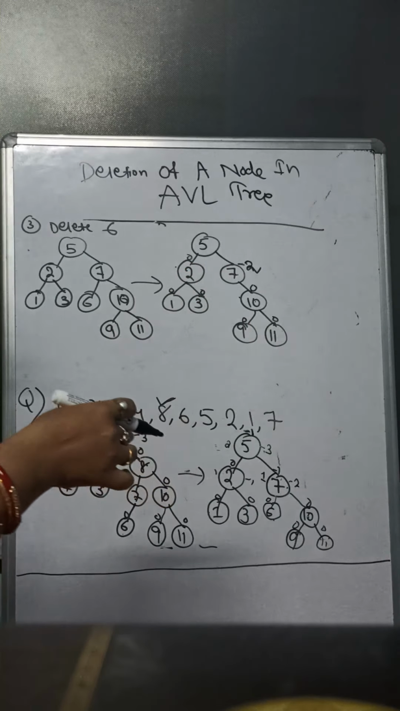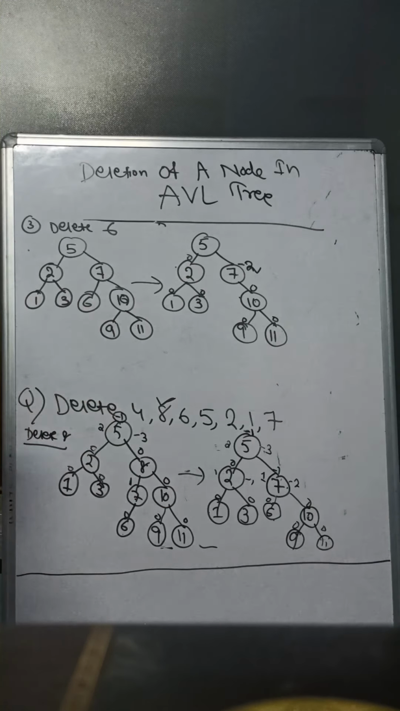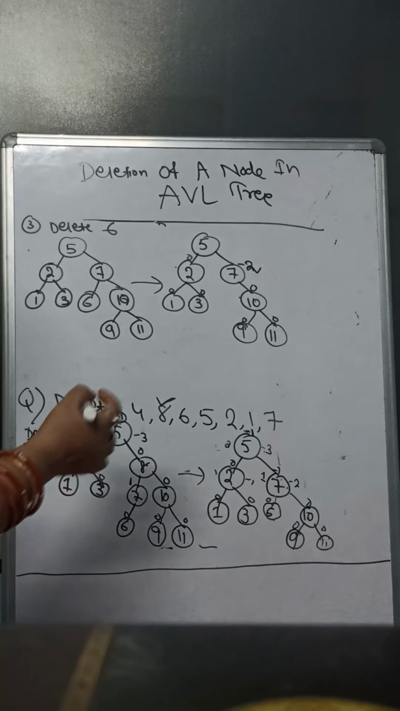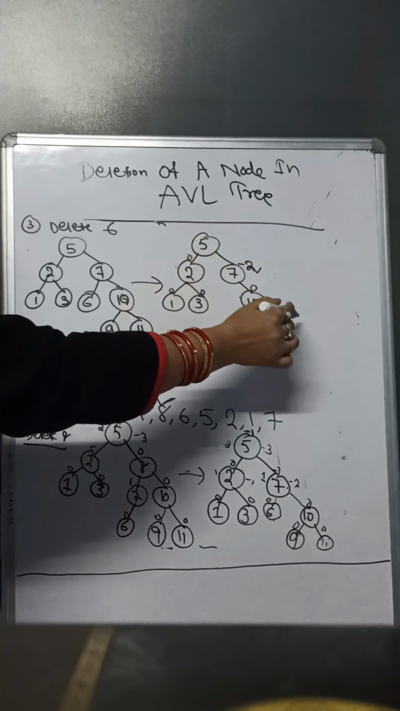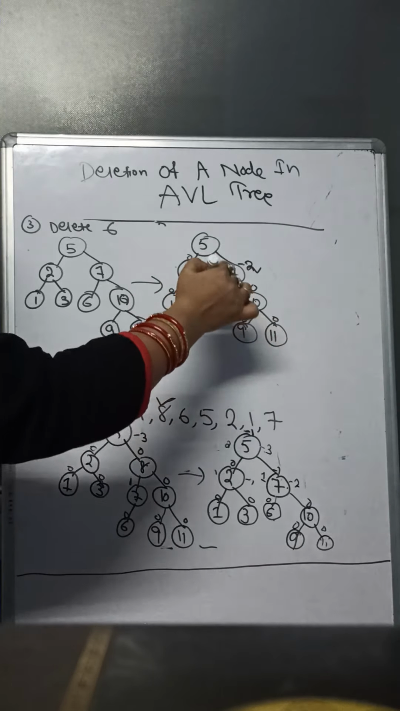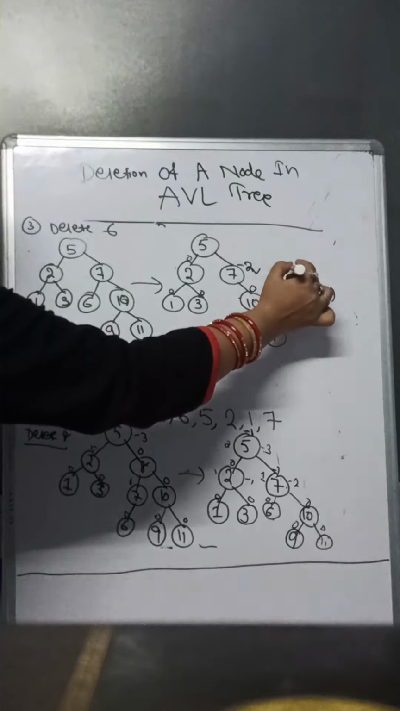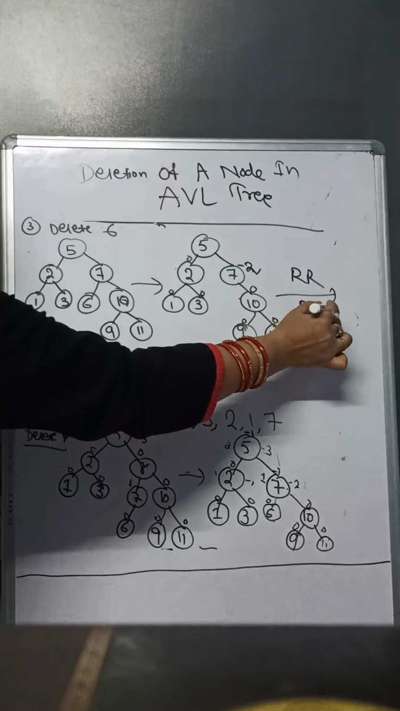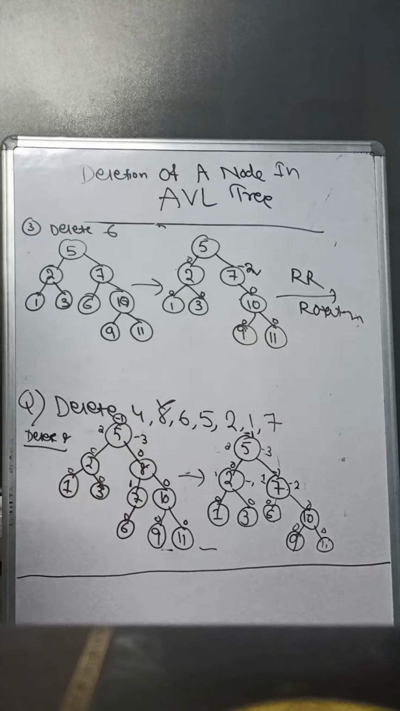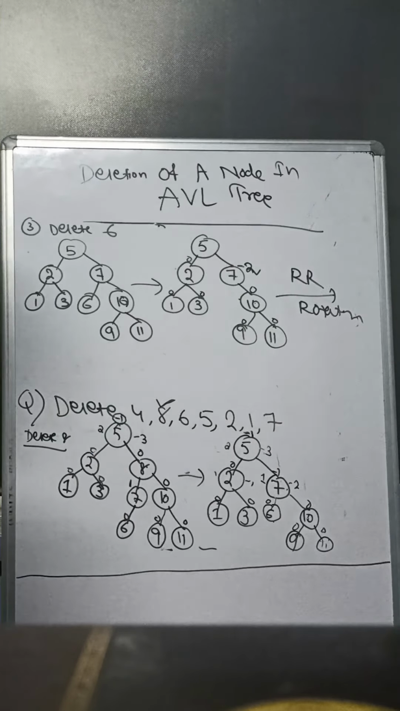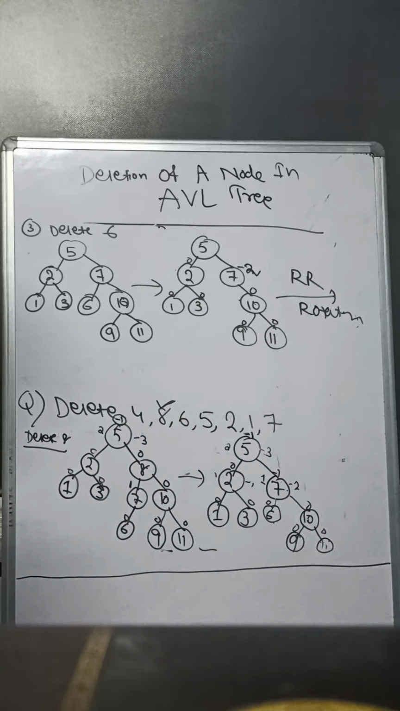This makes the tree imbalanced. So I have to balance the tree by doing the rotation. So here the imbalance is because of your right part. So you have to do the RR rotation. RR rotation. Okay. So when RR rotation will be done, then